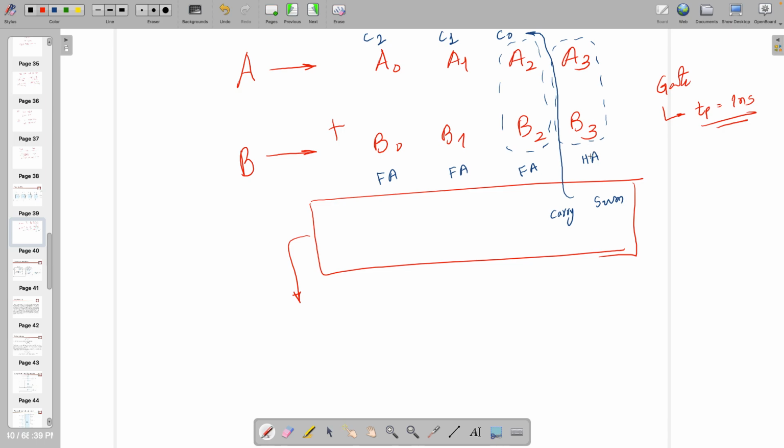Look, inside half adder, we require gates like this, right? For other case,